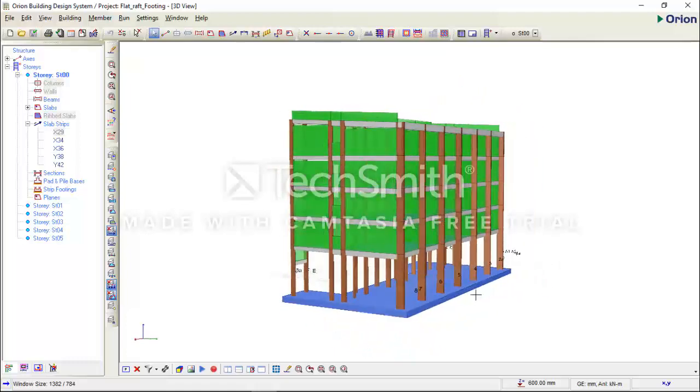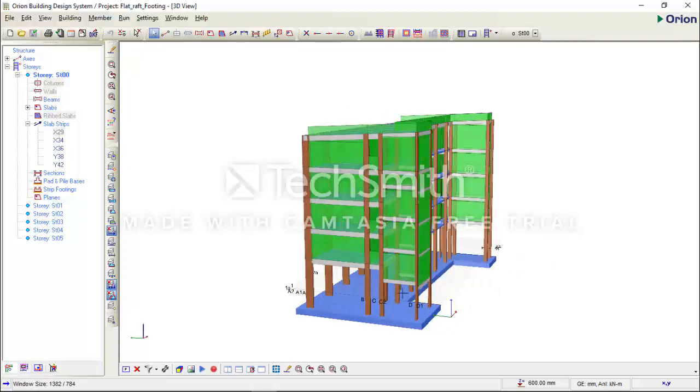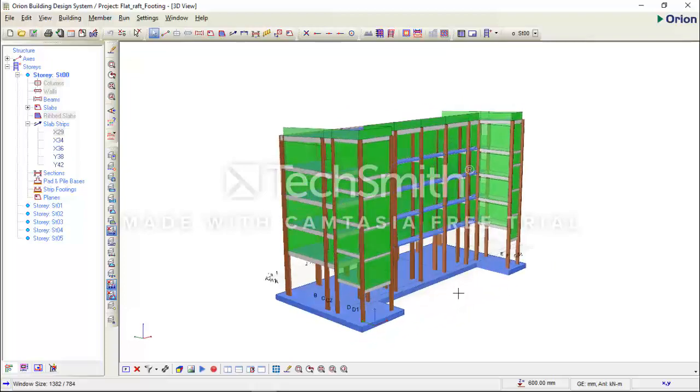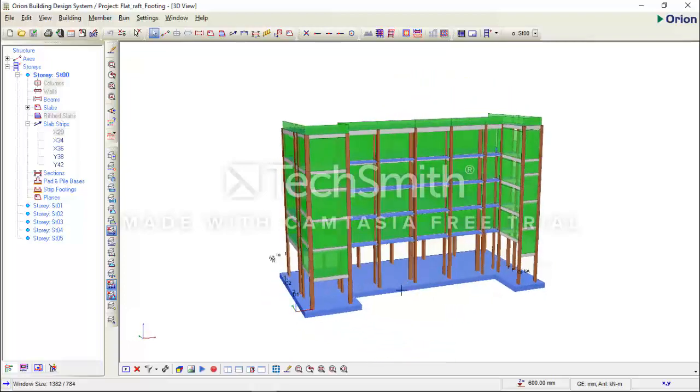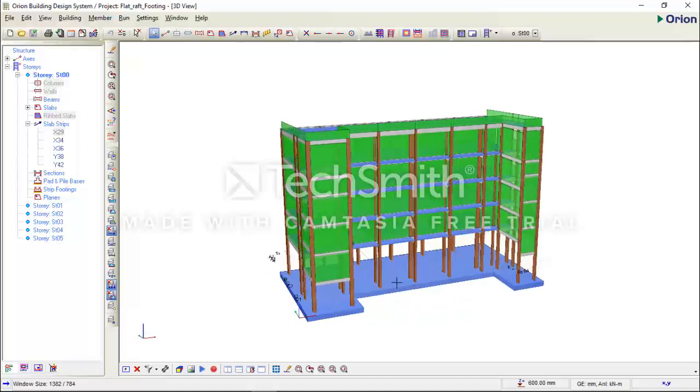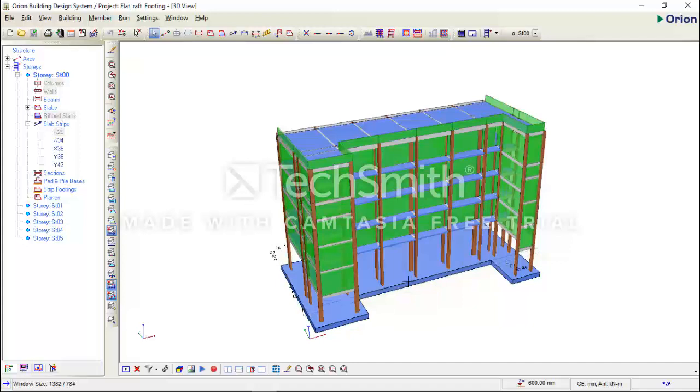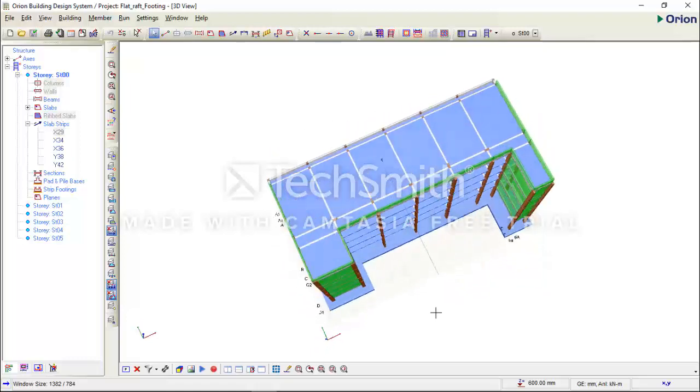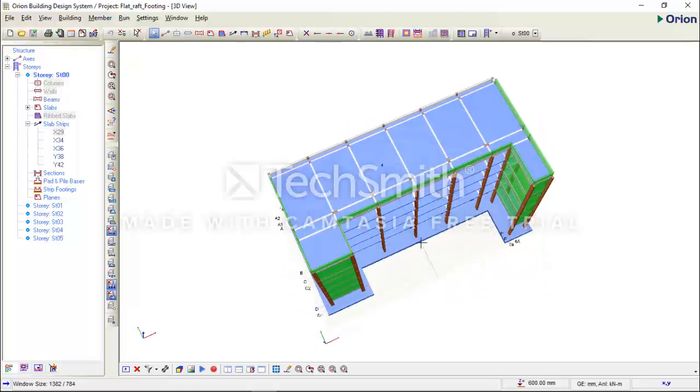The soil pressure must be lower than the bearing capacity of the soil. If I didn't provide the apron, you will see that the soil pressure exerted on the raft foundation, transmitted to the soil, will exceed the bearing capacity of my soil, which is 180 kilonewtons. So to reduce this soil pressure, I increase the perimeter of my raft foundation.